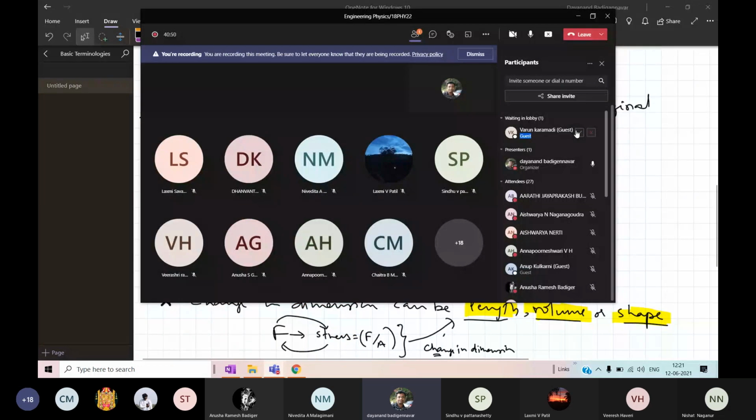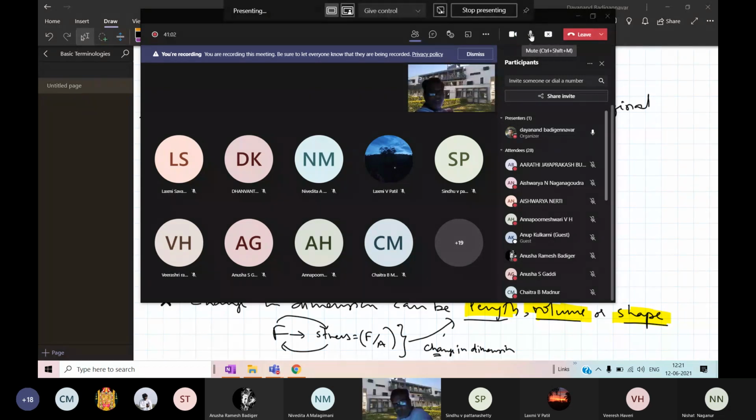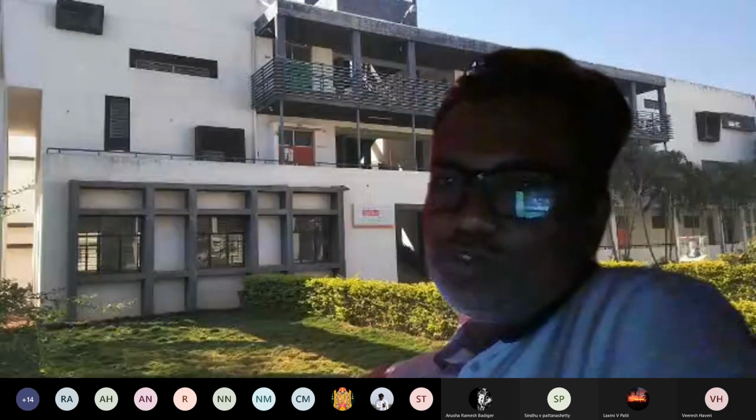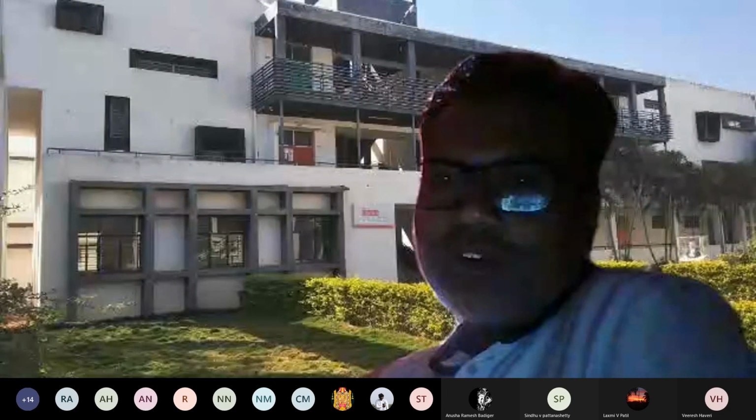Why Varun, what time will you come to class? Varun, it's too early, man, for the next class, you should be on time. See, I am in the college waiting for you in the campus. Can you see the diagram behind? Hello. Now you can see the diagram. I'm in the campus waiting for you in the classroom and you are coming half of the way. It's 12:20. You should be on time. So next time, make sure that you are in the class on time.